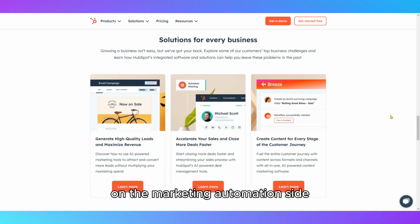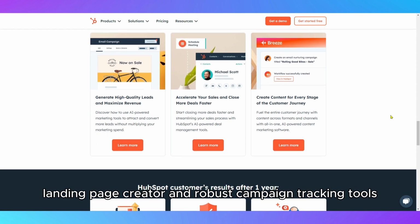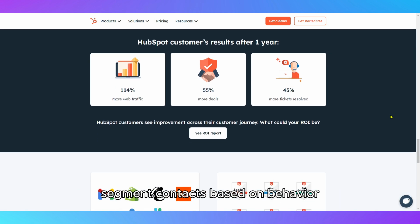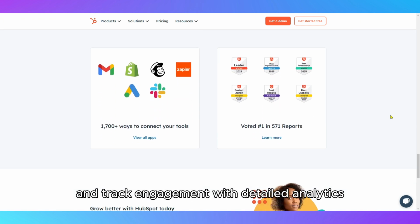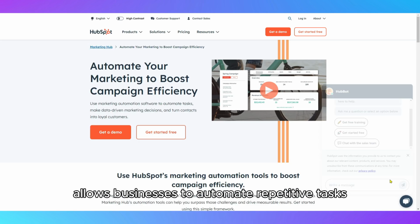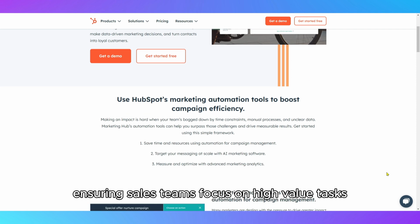On the marketing automation side, HubSpot offers a drag-and-drop email builder, landing page creator, and robust campaign tracking tools. Users can set up automated email sequences, segment contacts based on behavior, and track engagement with detailed analytics. The workflow automation feature allows businesses to automate repetitive tasks like lead nurturing, follow-ups, and pipeline management, ensuring sales teams